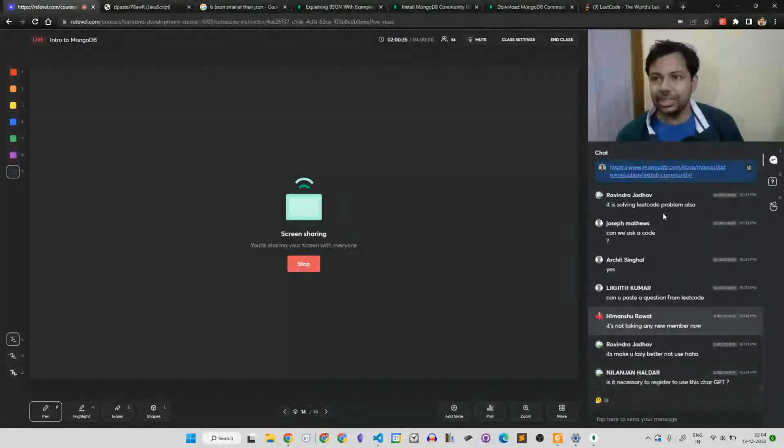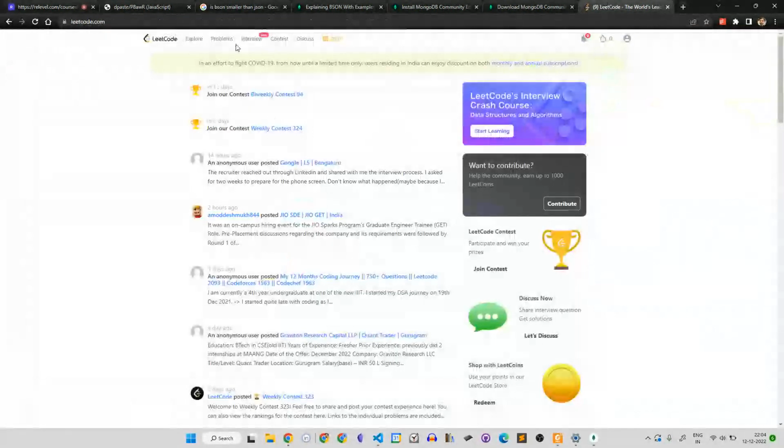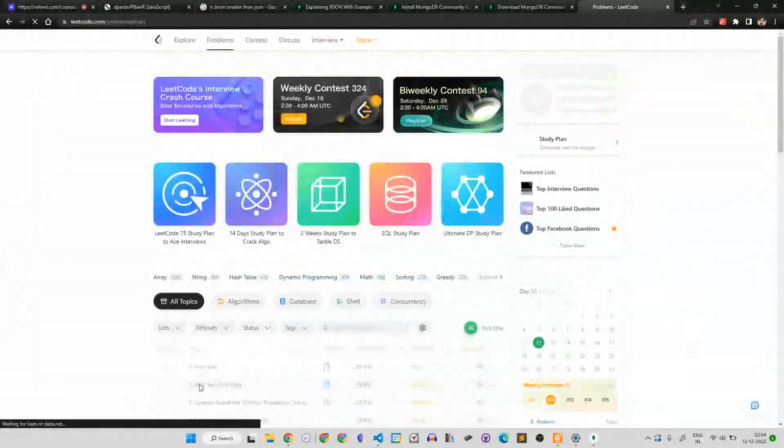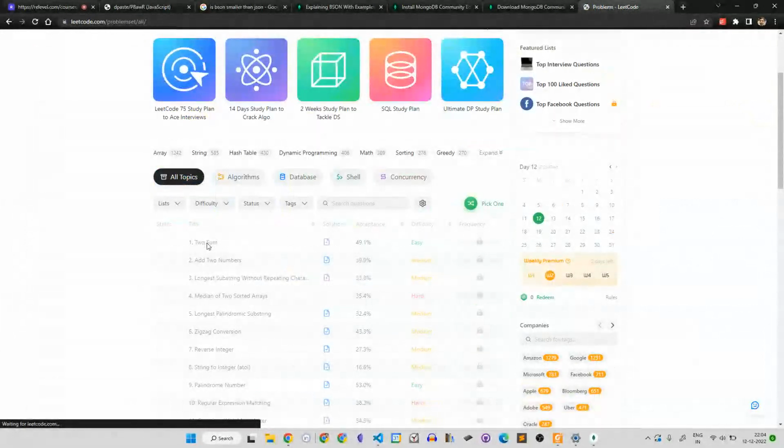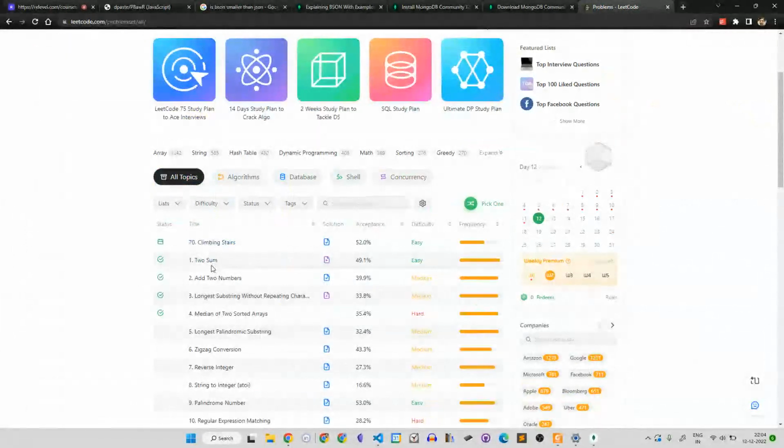Yes, it is necessary to register actually. So, problems, and I can just paste a problem. It is an easy problem. I'll not paste a difficult problem. To some problem I'll paste, and it should be able to solve it.